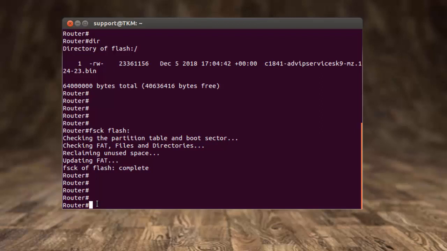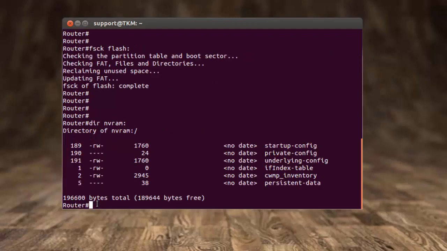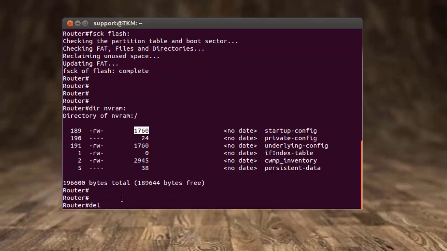Alright, so now we're going to explore the other two devices, and again we're going to look for those containers. So first that's NVRAM, and then inside of there we can see our container called startup config. Now once again we're calling this a container even though it's a file, because when we try to delete this, as we're going to see in a moment, we don't actually delete it. What we delete is the content within it. Now what's currently in there is 1760 bytes of persistent configuration. So this is going to be the default location to where your device is going to load any persistent configuration from. So now if I try to delete it,